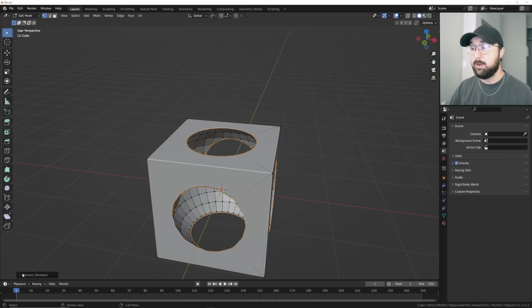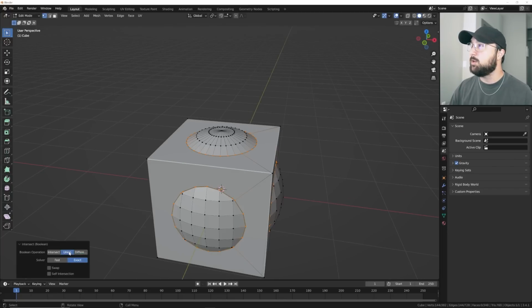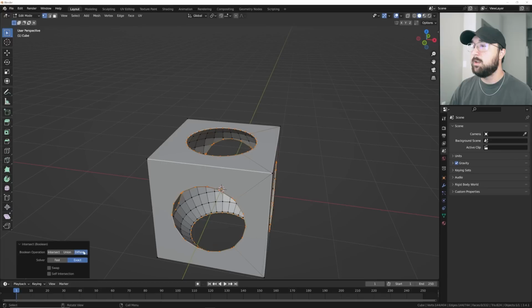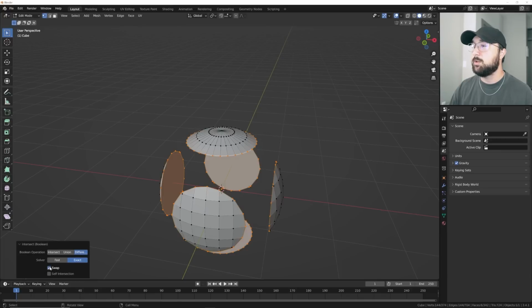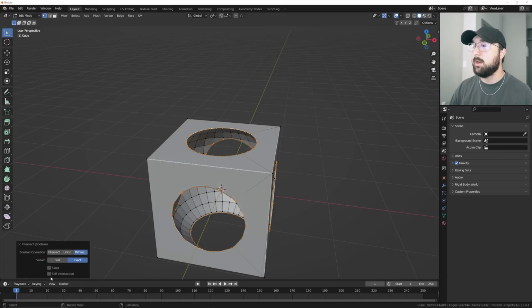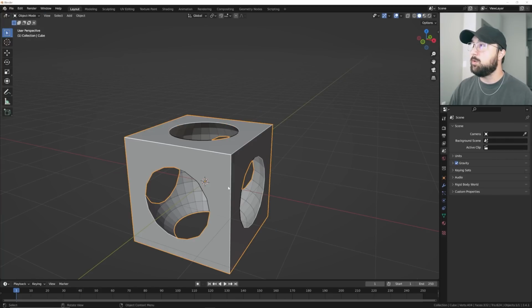And right down here, before you click away, you have your settings. You can do union, you can do intersect, you can actually do swaps. It's going to do that. You have fast Boolean, interact, self intersection, all these settings are on here, and it makes it really easy to do really rudimentary